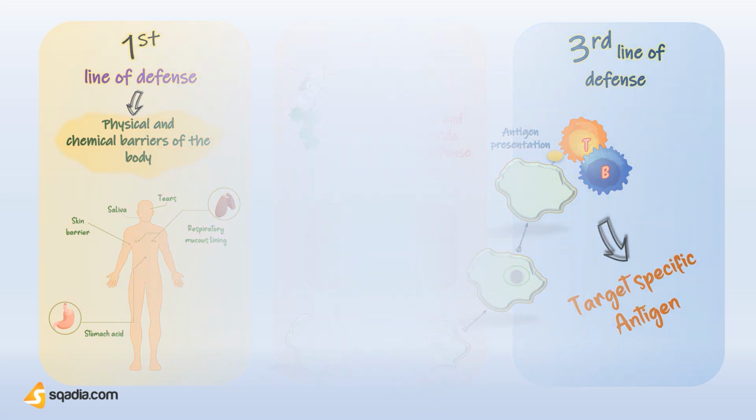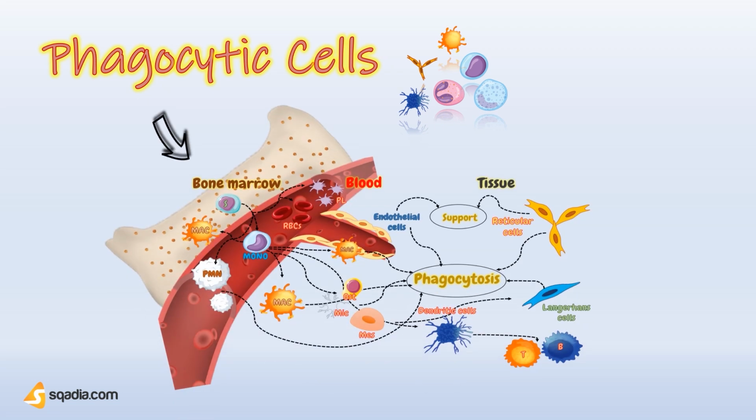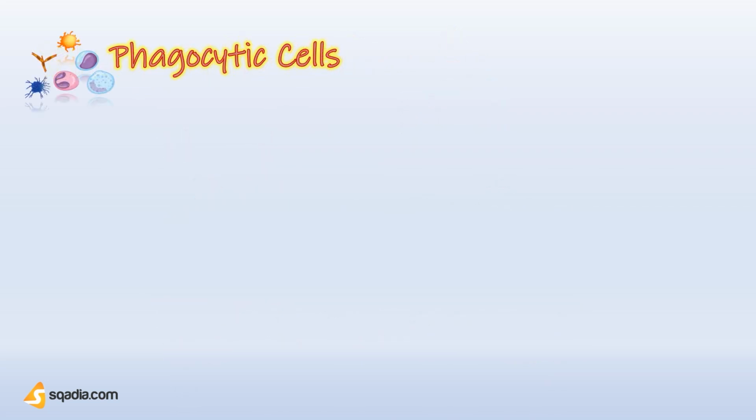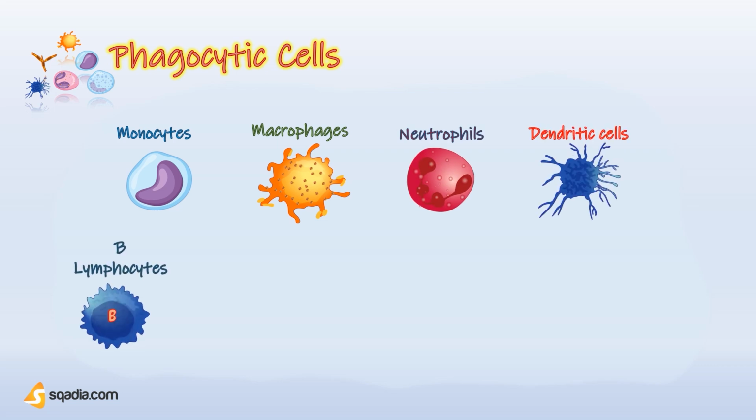There are many cells of the immune system that can undergo phagocytosis. These cells that specifically undergo phagocytosis are called phagocytic cells or phagocytes. We have discussed phagocytic cells in our previous videos, but here, before getting in-depth knowledge about phagocytosis, let's briefly summarize all phagocytic cells. Different cells in which phagocytosis can take place are monocytes, macrophages, neutrophils, dendritic cells, B lymphocytes, endothelial cells, reticular cells,